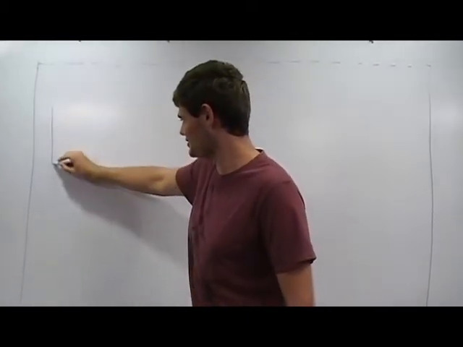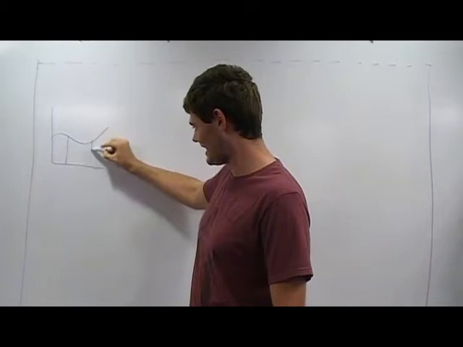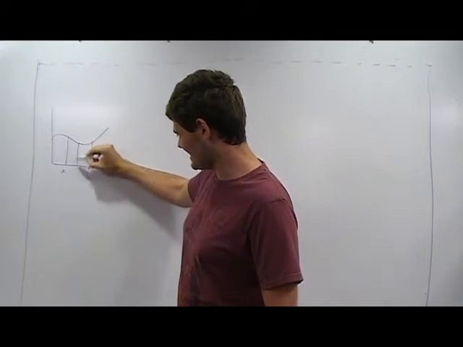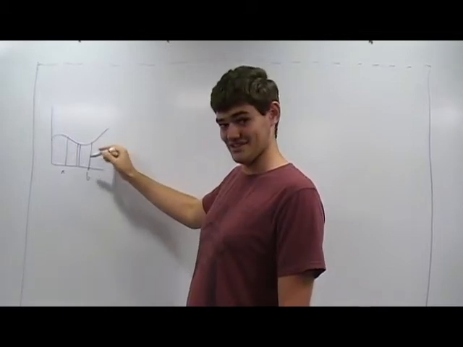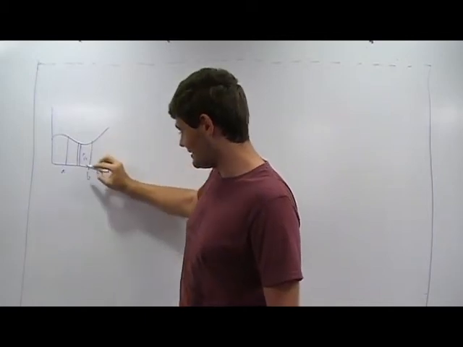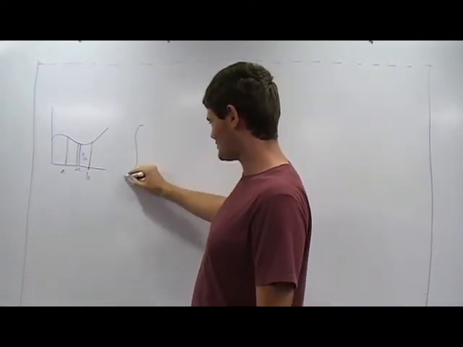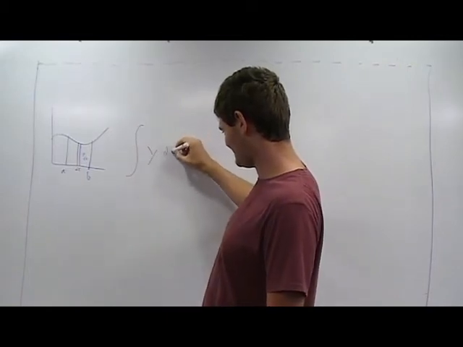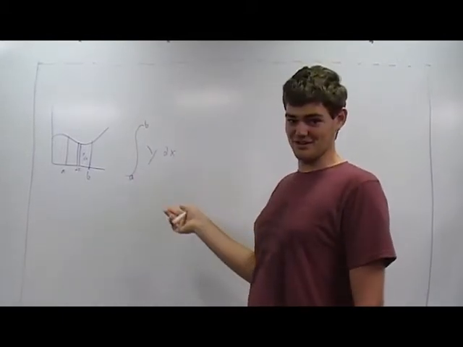So, if we're given some generic rectangular function like this, and we want to find the area under this function from a to b, we can approximate that area by adding up lots of little rectangles, where the area of a rectangle is the base times the height. The height is just the value of the function, y, or f of x, and the base is a tiny change in x, or dx. So we can sum up with an integral these rectangles, which are height y times base dx. That's really simple. You just evaluate this integral from a to b,